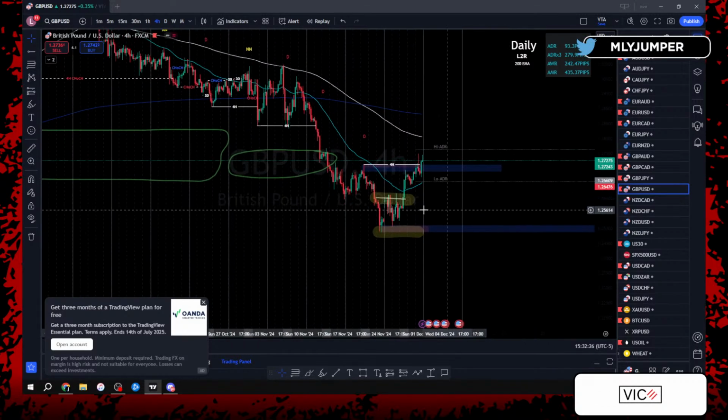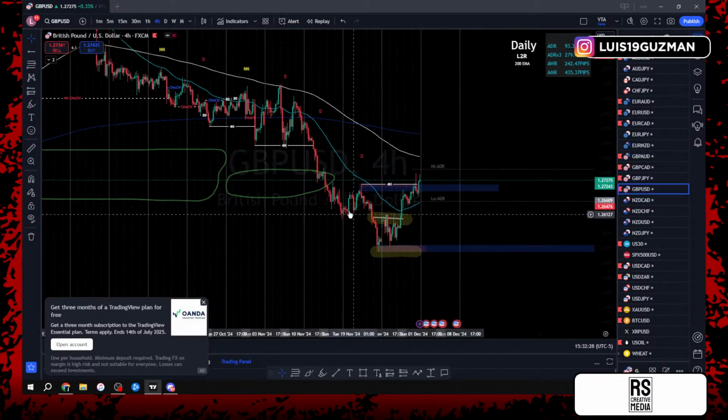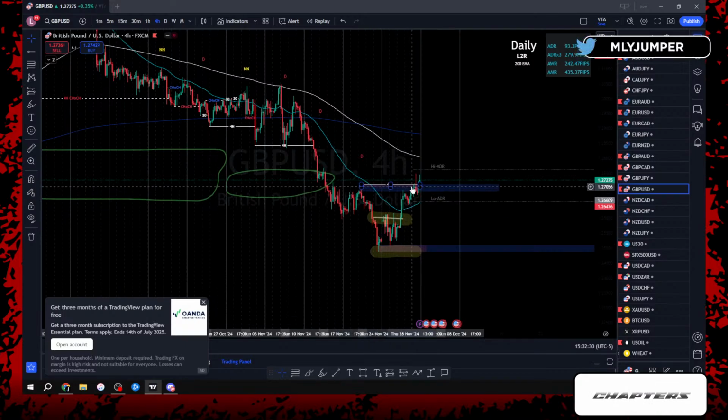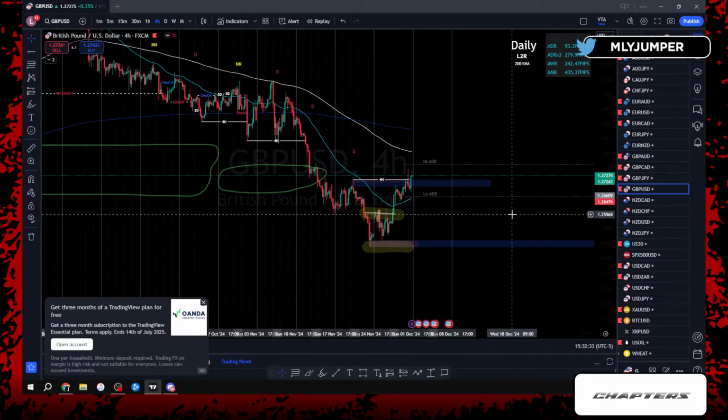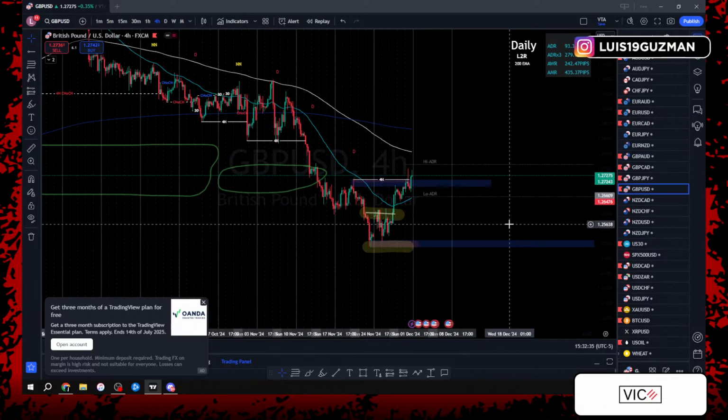We know that GU closed the gap. We know that GU now gave us a change of character, higher high. However, we know that pairs that follow the same type of movements, like EU, it's very similar to GU. So the fact that EU hasn't filled that gap up at the bottom gives me an advantage, kind of, right? Lets me know, hey, maybe GU is not ready to move yet. We need to get a pullback first.